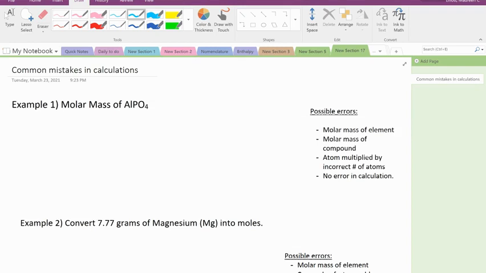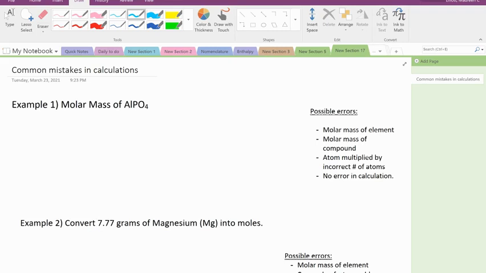locations for molar mass, as well as doing mole conversions. So I have 3 example problems for us today, and we're going to look at possible locations of mistakes for each of these examples. You will see these possible errors listed as choices as you go through and work each of these problems. So in the very first example, we're going to be looking at the molar mass of